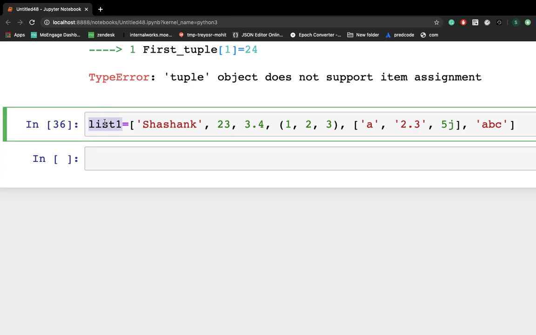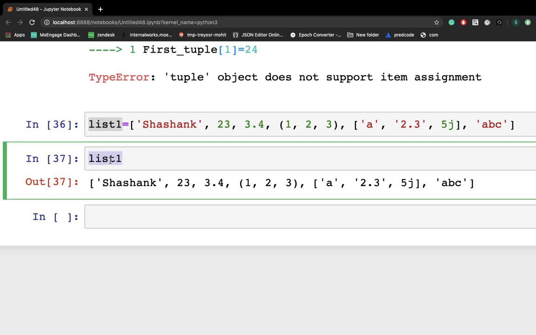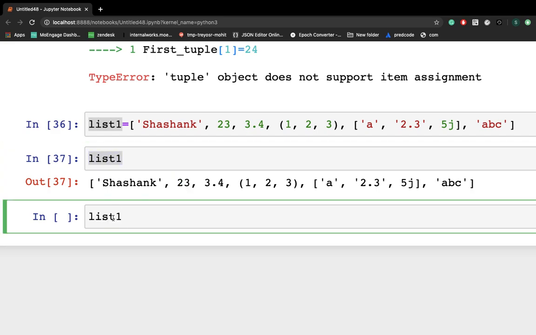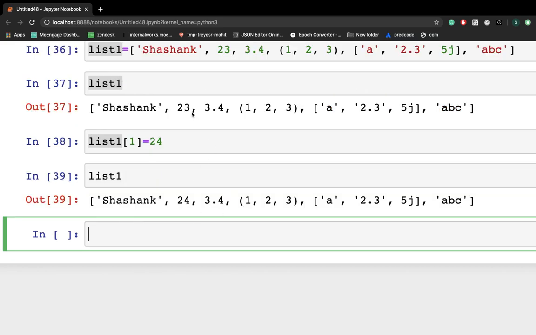So let's print my list. So this is my list, right? Let's check, can we change 23 with 24 in the list or not? So I'm writing the variable name. Now I'm writing the index position of 23, which is 1, 0 and 1, equals 24. So if we print this,